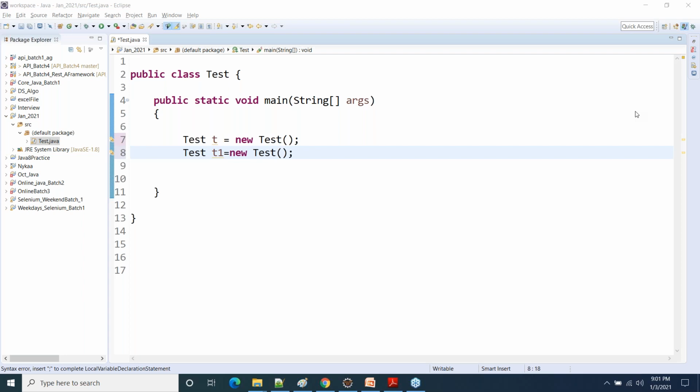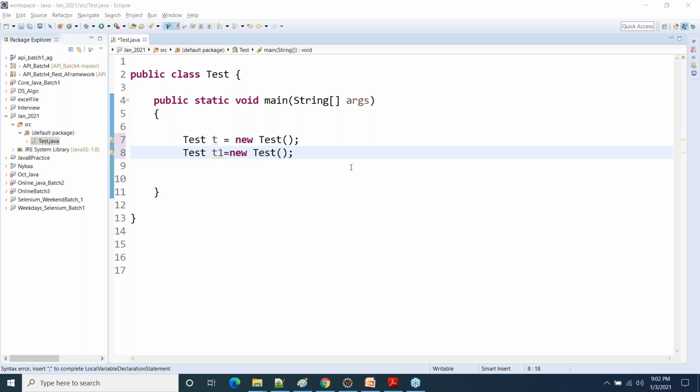Gaurav: My question is, if I have already created one object like Test and I have created a new object of the same name, is this possible? What is the name here? What do you think the name is? When you say the name of the object, I have created two Test objects in the same class or multiple classes.